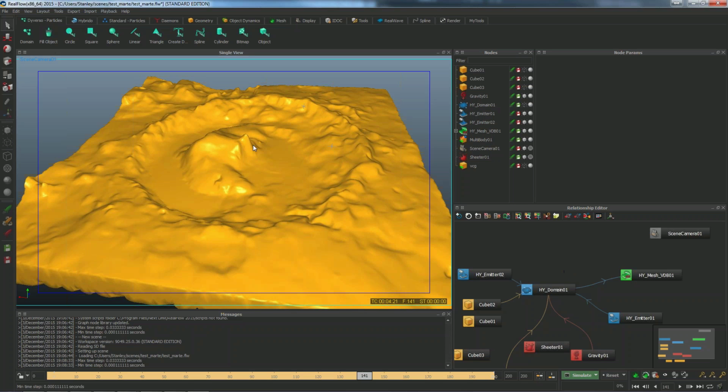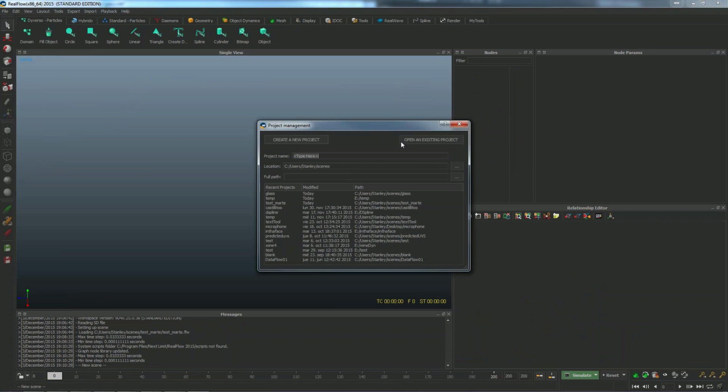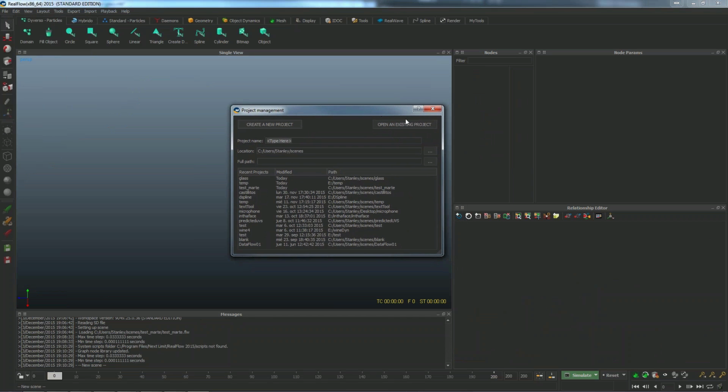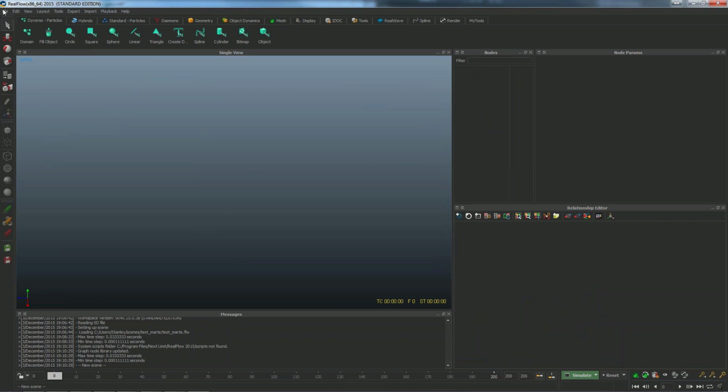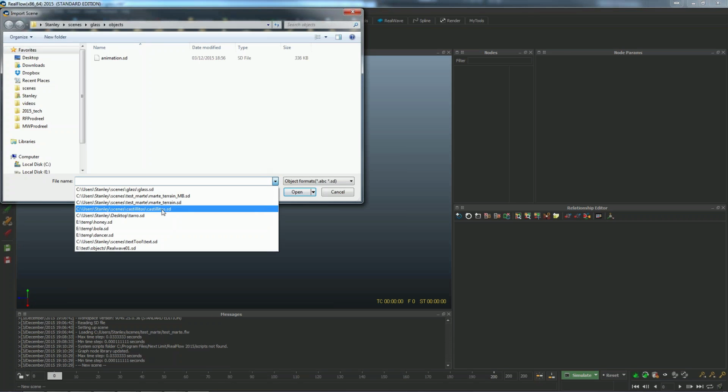Okay. For example, I'm going to start the scene again. You know, we found water on Mars, so I'm going to import the geometry. Here we can import the geometry as an SD file or a multibody. Multibody is an SD file, but it can contain a lot of nodes as one single node in RealFlow. So I'm going to use the multibody because it's more comfortable for me. I'm going to select this one,